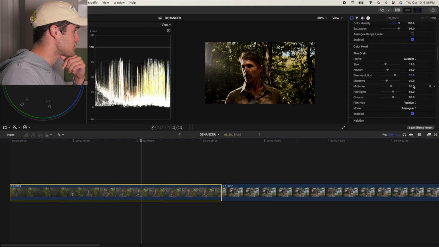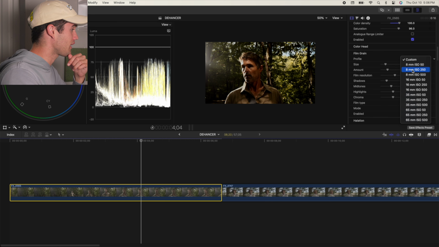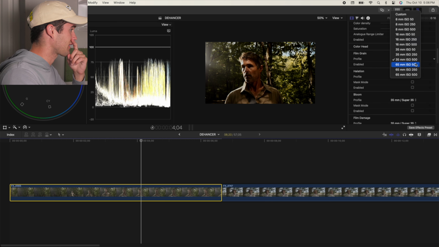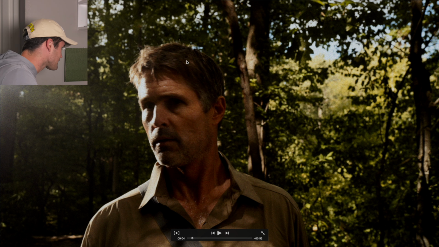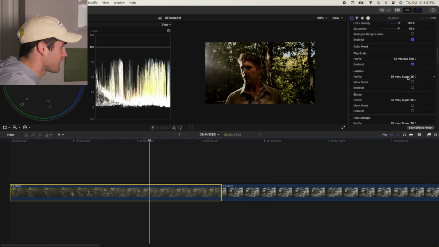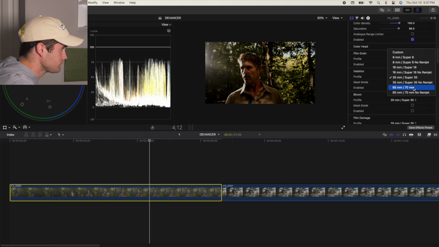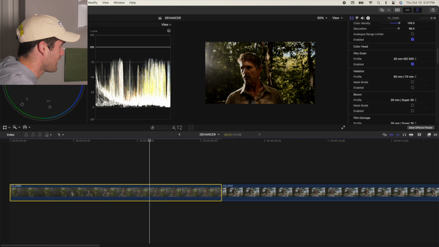Custom, you have all these features to know how to work with it, but what I actually have been enjoying using recently is, if I know what these prints are, I just look at them. So 35, looks like we have a good amount of grain everywhere, and I like grain, but I'm going to look at 65,